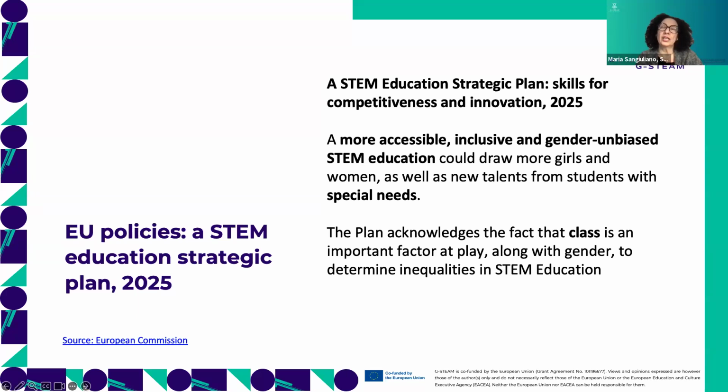And that in vocational education training, STEM, this is even worse, as women represent only 16% of enrollment there. So the strategic plan identifies several root causes linked to persisting societal expectations and stereotypes that